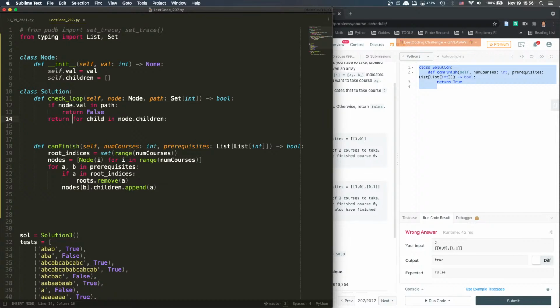All we want is to see if it's possible. So if one path down is possible, the other path down is not possible, that is not possible. So we need all of them to be true. We need all self.check_loop